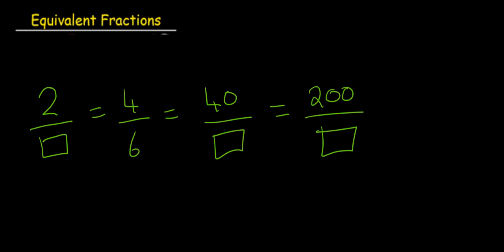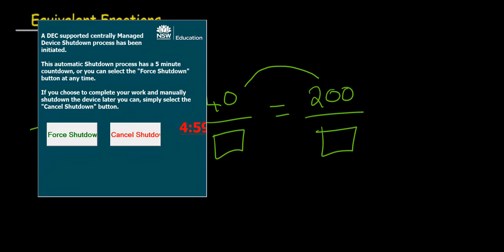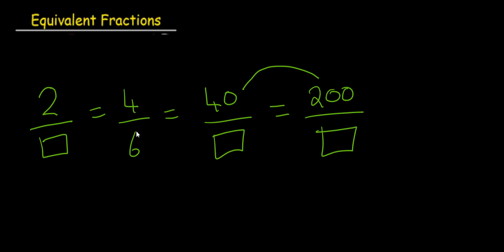Okay, so hopefully you've done these now, and this is a really good visualization of equivalent fractions. They have the equality sign. They must be equal, but they look different. And just to outline that, we move between equivalent fractions by multiplying or dividing the numerator and the denominator. So I'm choosing to go backwards. So what do we divide